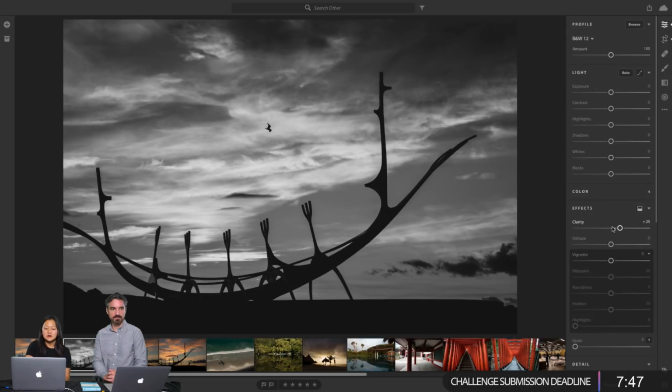Clarity does add that sharpness without making it crunchy, and it really brings out details, but you want to be careful you don't go overboard with it, especially with faces. Women especially don't really want that much detail on their faces. So, with portraits especially, you don't want to use too much clarity unless you want to bring out wrinkles and pores and stuff like that. And in some cases you do.